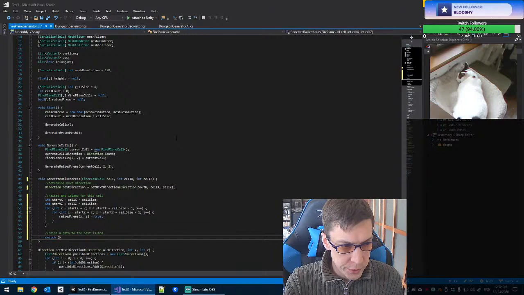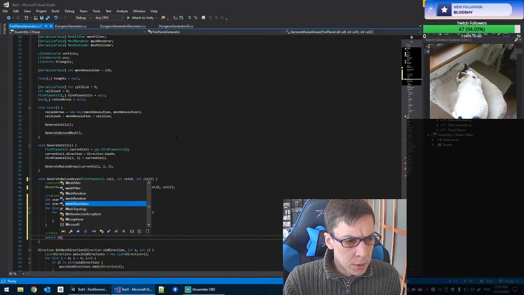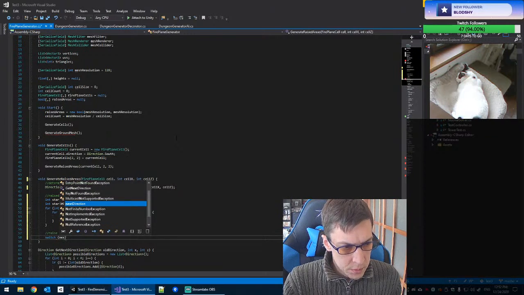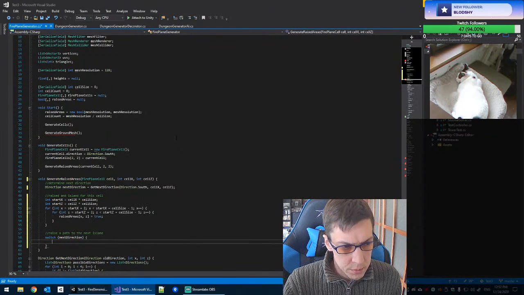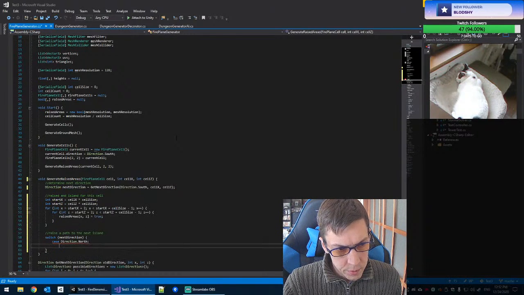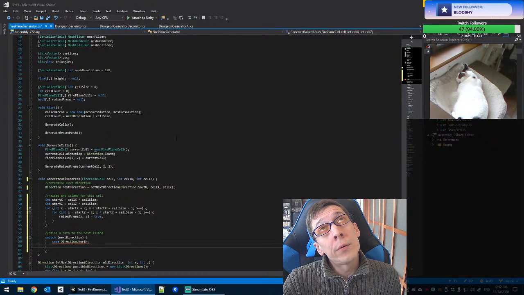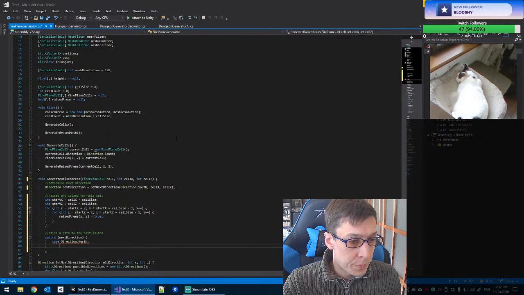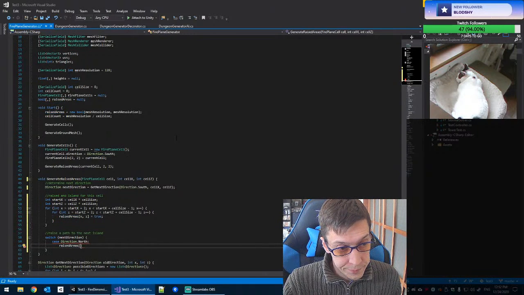So let's do a switch. Oh, come on. Switch next direction. Let's do a case that we're going north. We want to be going X positive. So let's just do raised areas, start X plus cell size -2,